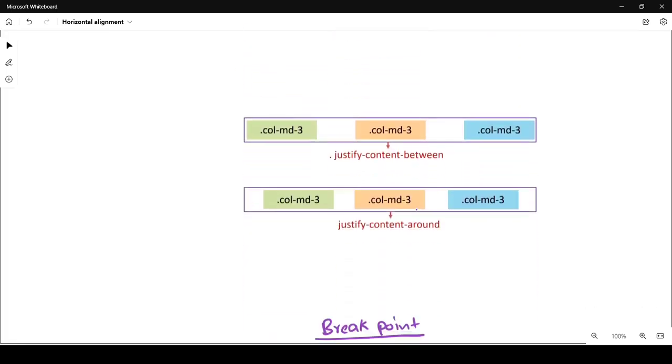And after that we have justify-content-between and justify-content-around. Justify-content-between means it occupies all the space and provides column 1 with 3 grid, column 2 with 3 grid and column 3 with 3 grid, and it provides equal margin. You can see column 1 and column 2 have some margin,